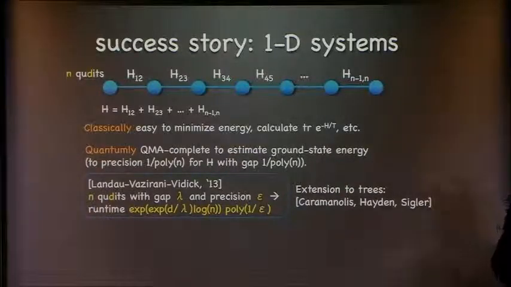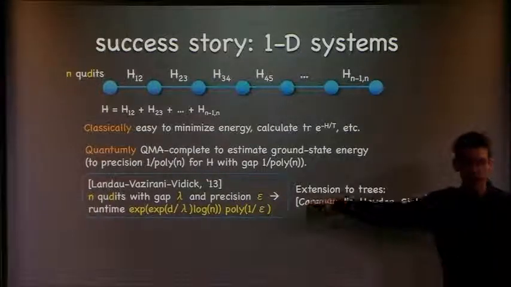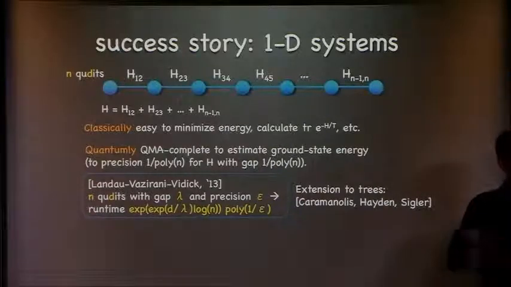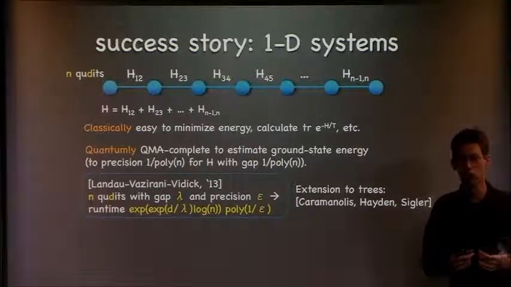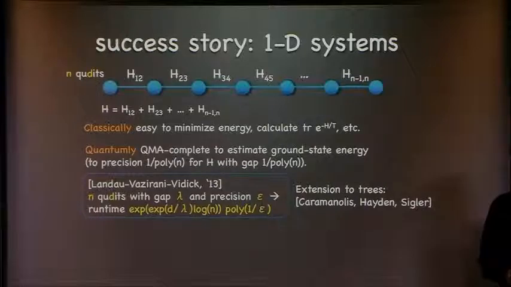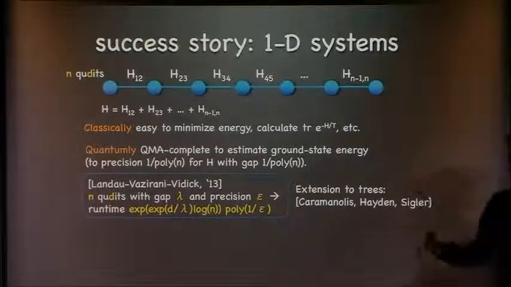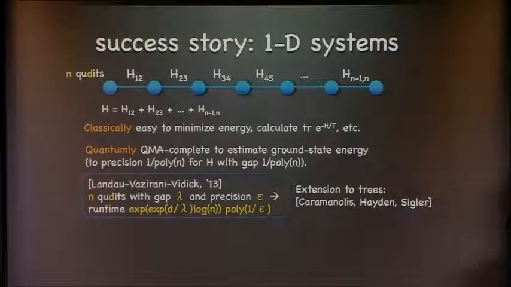The eigenvalue gap sort of tells you how long range the interactions could be. And then this algorithm was able to identify that as the key parameter that controls the runtime. And so as the gap goes down, the runtime interpolates between something very small and something exponential that matches the fact that this problem is QMA complete when the gap gets small enough.